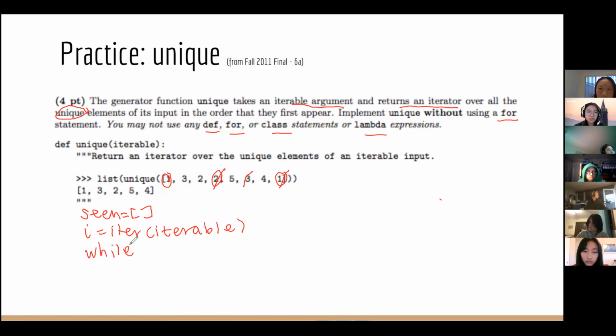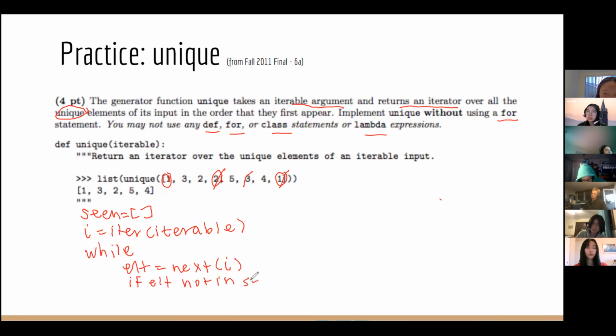After that, I think people were mentioning we can check if we've already seen the next element before, with not in or in, and then we can append it if it wasn't in there yet, to say that we have now seen it. So the element that we're looking at right now is next of i. This is the current element that we're dealing with. And if element not in seen,